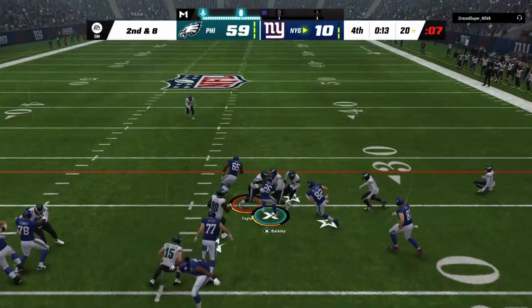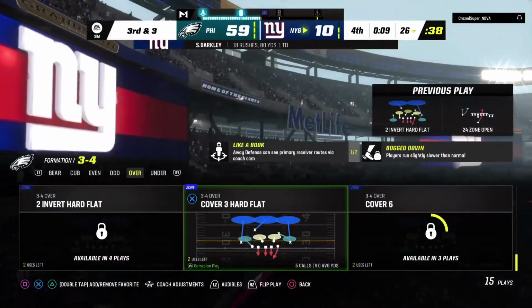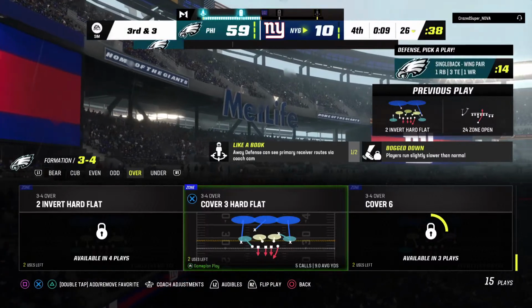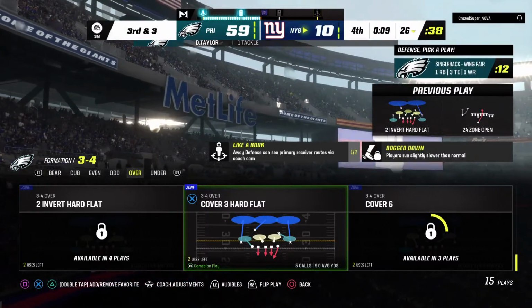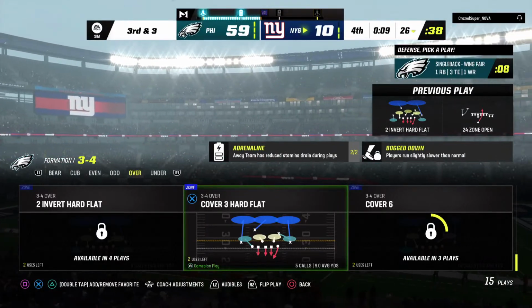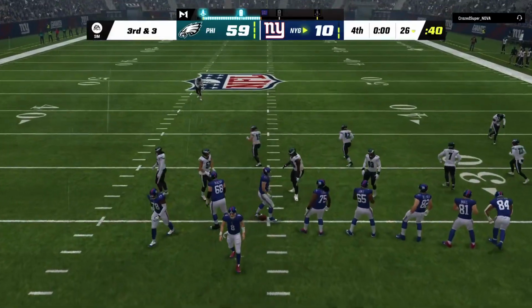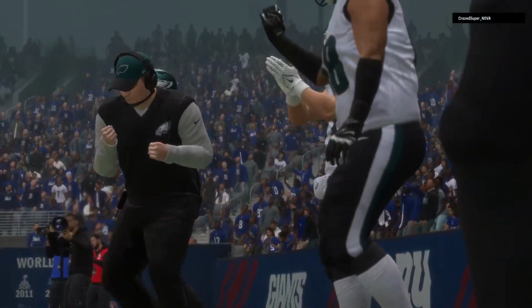Barkley inside handoff. And he'll get this up over the 25 to the 26. It'll be a gain of 5, but still about 3 yards shy of the first down marker, and now it's 3rd down. Let's go now. And as this